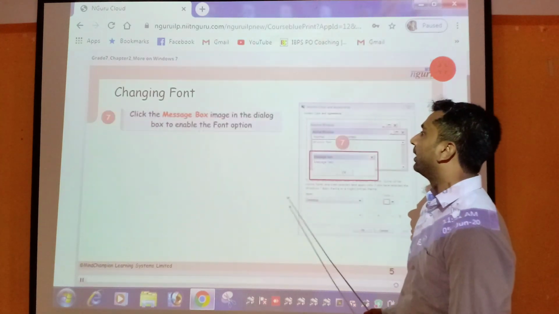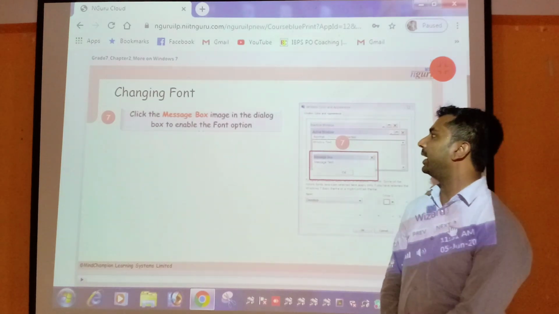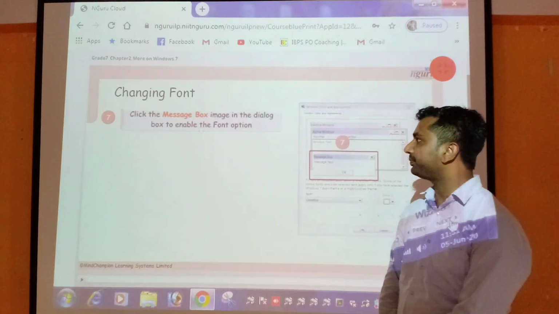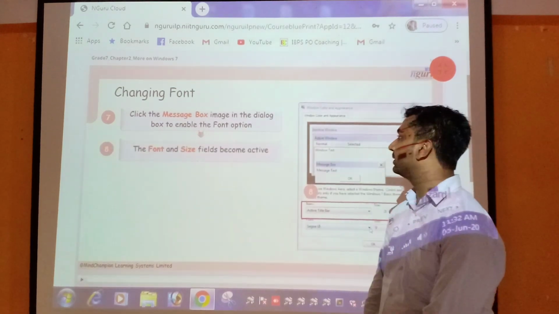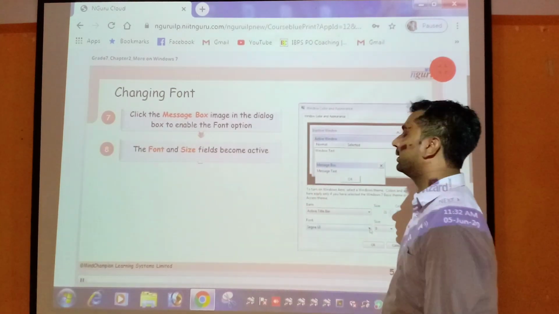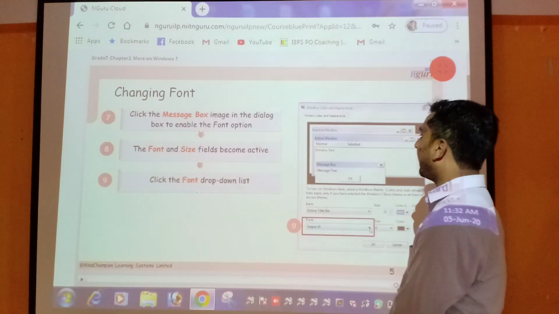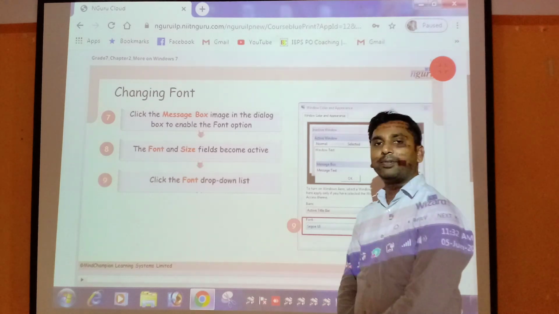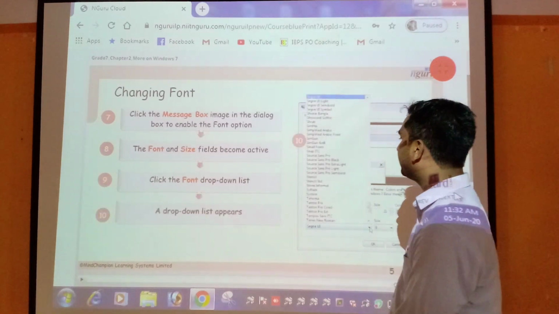Then click on the message box item in the dialog box to enable the font option. After that, the font and size fields become active. Then click the font drop down list.